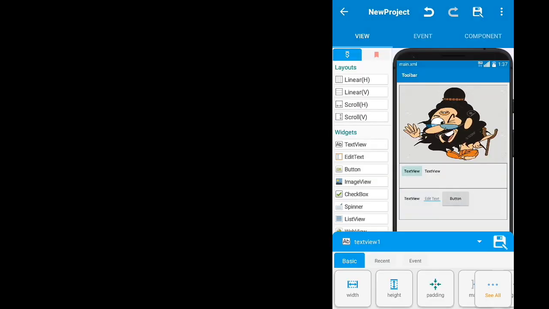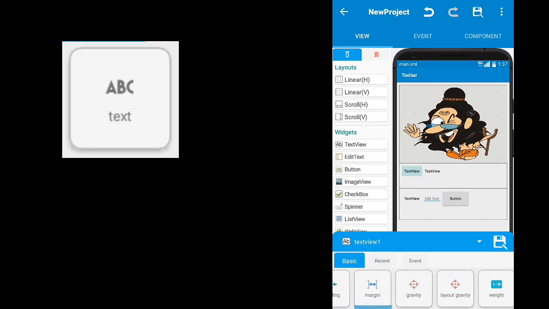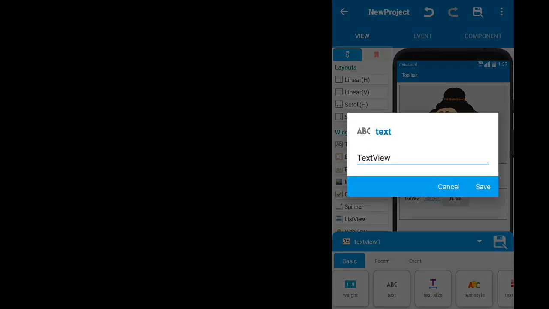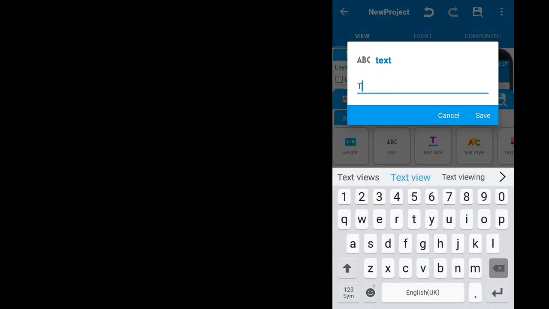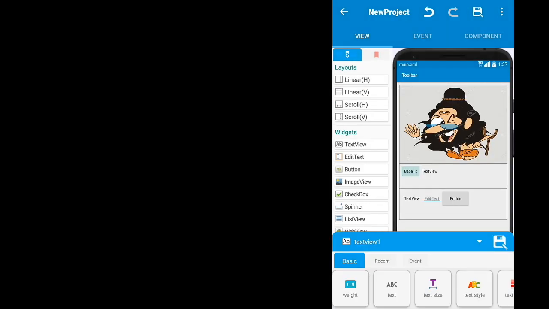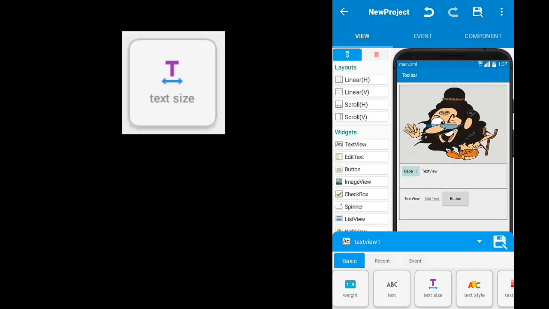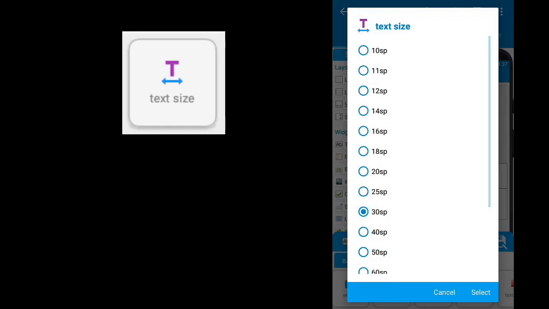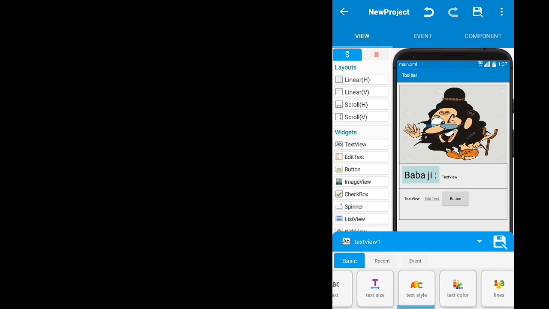After you change the size of the layout as needed, then follow all my processes. It is a simple interface for us to ask a question and Babaji to reply. This interface must look like we are asking Babaji the question and Babaji is answering us. We will change various text sizes and text colors for this process.